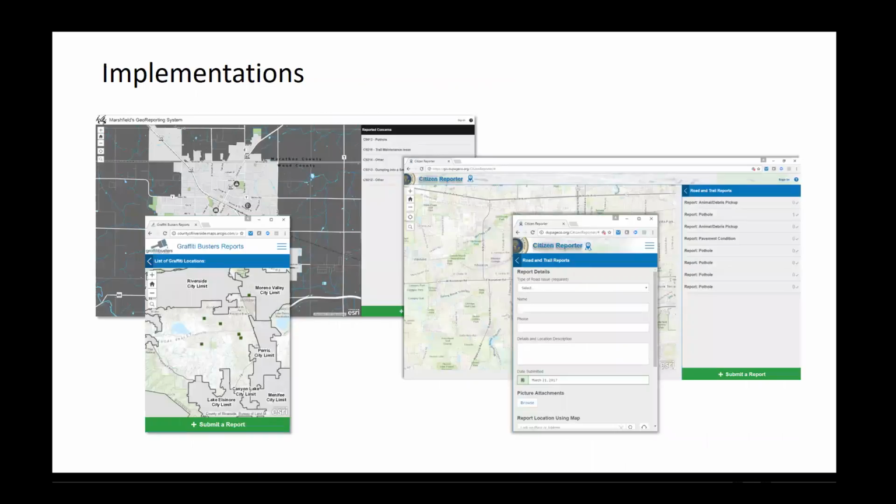And we've seen several real-life implementations of these applications pop up throughout the community. The first on the upper left here is an example of the work that the city of Marshfield's done in their new geo-reporting system. And essentially that's allowed the city to go from a completely manual paper-based workflow to an automated workflow that's sending out notifications to folks inside the organization when a problem